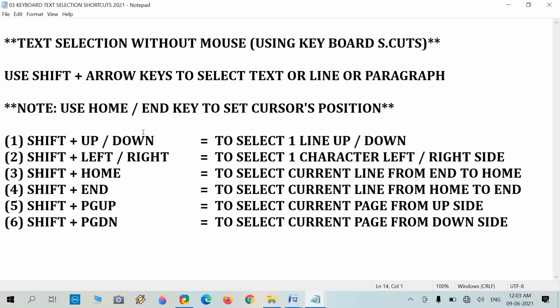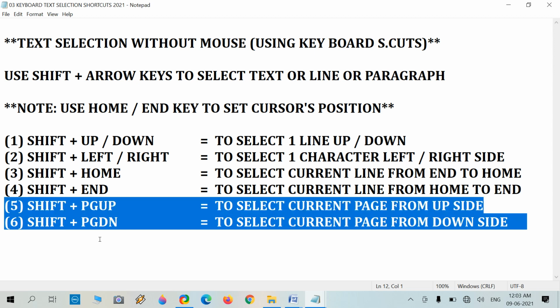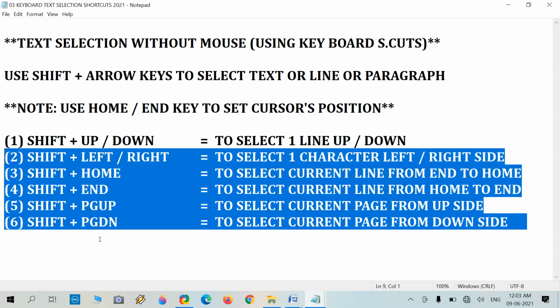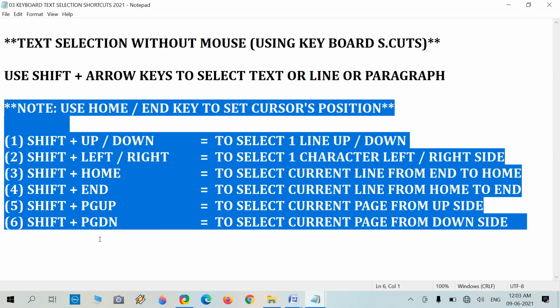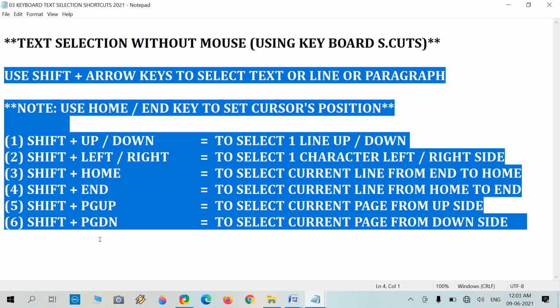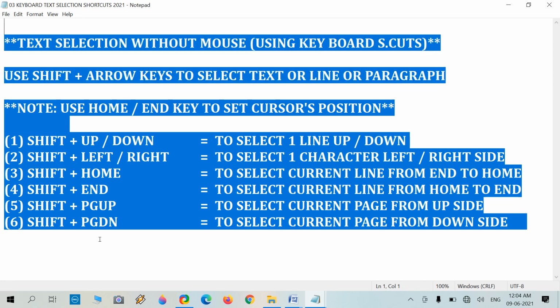Here the cursor position is at the last, on the blank, after 6. Here is my cursor. Hold Shift, press the up arrow, and it will select the entire line. Continue, and it will select all the lines above, because I have the cursor at the last position on the page.